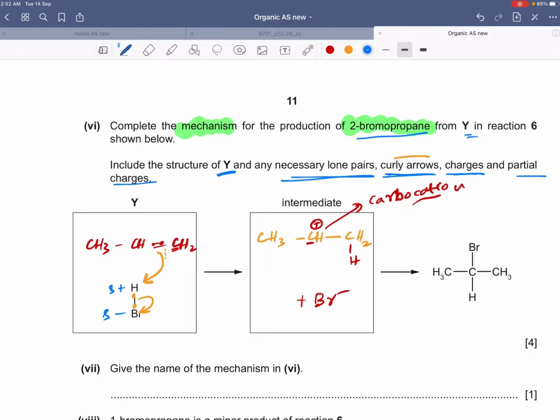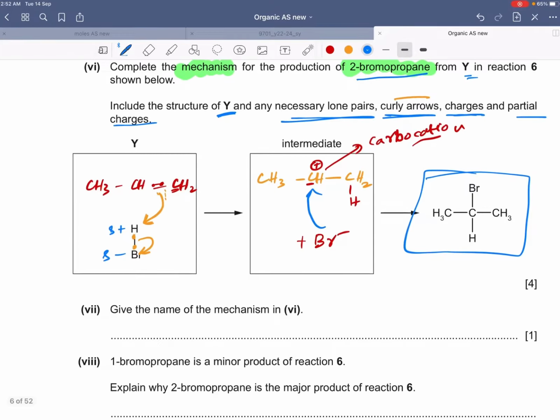Now in the last part, Br negative would transfer its electron negativity to the carbocation, and we finally get this product, right? So this is the complete mechanism. I hope you understand this thing, what is happening here, right? And now in the next part they're saying give the name of the mechanism. So the mechanism is electrophilic addition, right? The mechanism is electrophilic because electrophile was adding first. First of all, hydrogen was added which was positively charged. That's why we call it electrophilic addition,